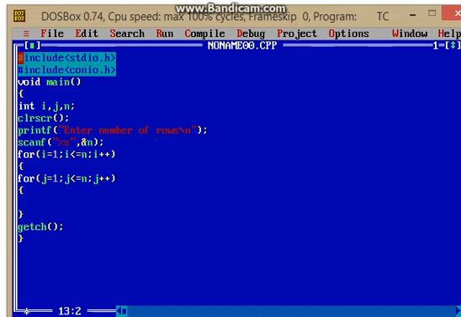So here we will take an if condition. If i is equal to 1, this is the logical operator or, i is equal to n, next logical operator, j is equal to 1 or j is equal to n, then print what? Star.